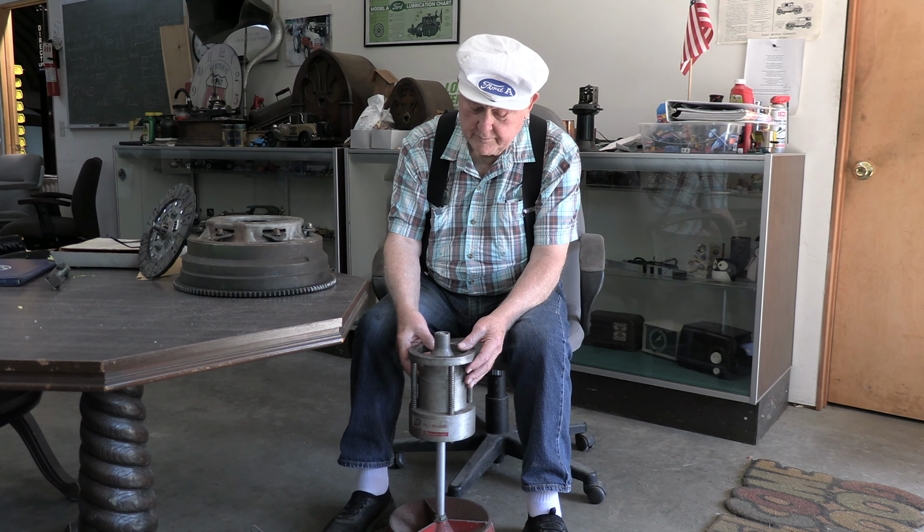Now, one of the considerations is that you have to hold that bolt from turning, and that bolt is slotted. The nut has been peened over into that slot, so the first thing you're going to have to do is clean that slot out. So you take a hacksaw and just a couple of wipes through there, take that where it's locked in,